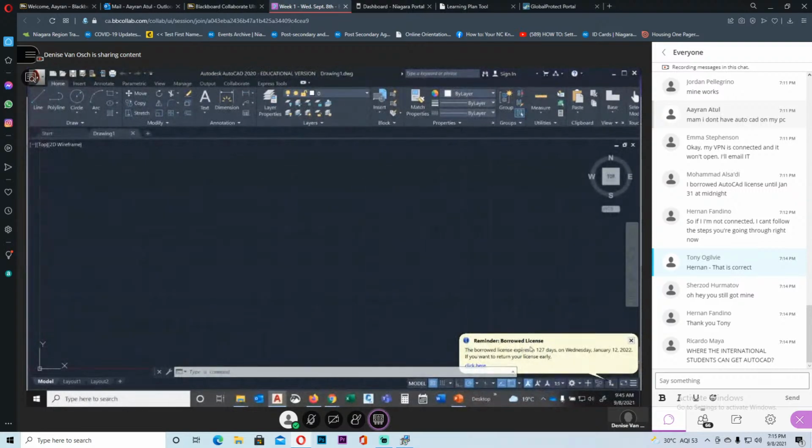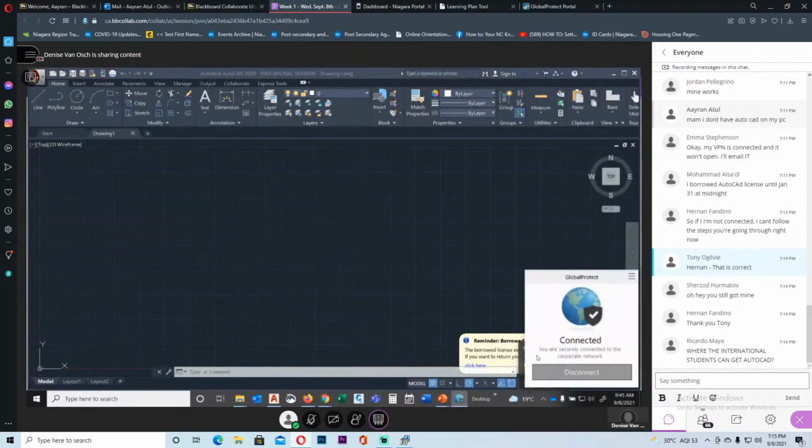Right here, it says borrowed license. The borrowed license expires in 127 days on Wednesday, January 12th, 2022. Okay, so that's when I borrowed it up to. Now, that's a reminder that even if I am no longer connected to the Global Protect, I will still get